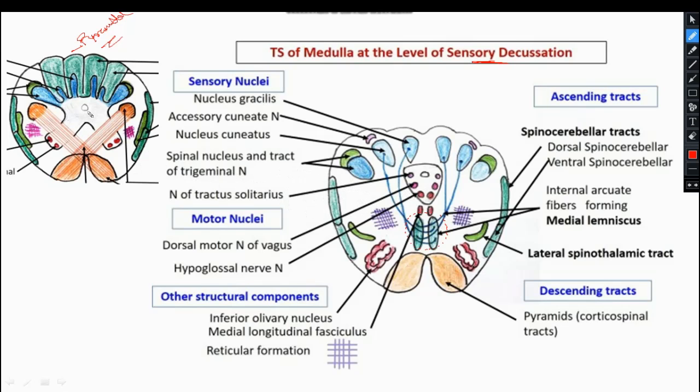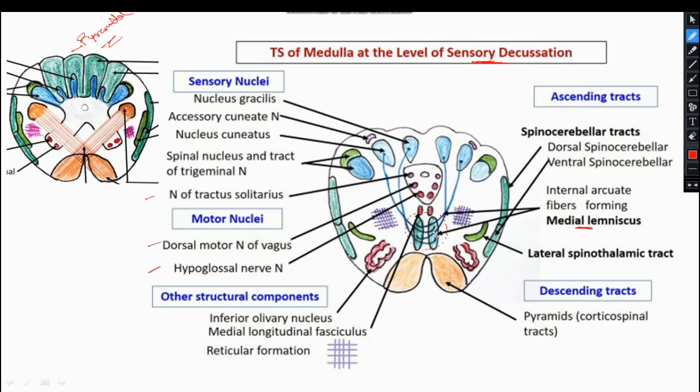So here we have seen the central gray matter somewhat in butterfly shape, and here the central gray matter is in the shape of a triangle. We can see the central canal is here, and it is shifted a little bit posteriorly. This central canal is surrounded by a series of nuclei: the nucleus tractus solitarius, the dorsal nucleus of the vagus, and the nucleus of the hypoglossal nerve. All these are arranged in this manner, and anterior to this we can see the medial longitudinal fasciculus, and further moving anteriorly we can see the medial lemniscus.